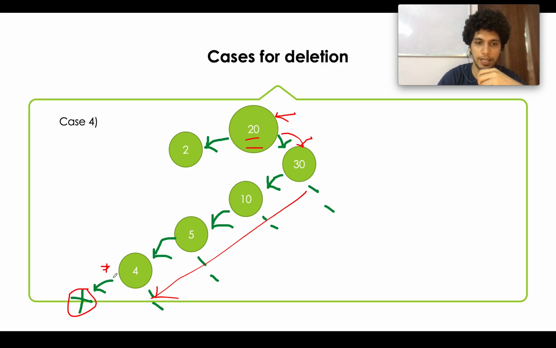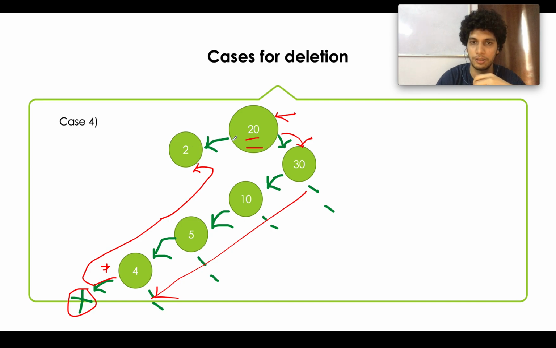You will simply mark its left child to root's left child, the node where deletion has to happen. So you did something like this: 4's left child points to root's left child, as in this case, and you'll simply return this root. So the structure of the tree will be something like this: 30 here, the rest of